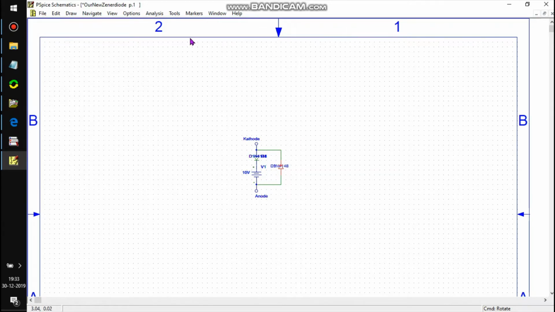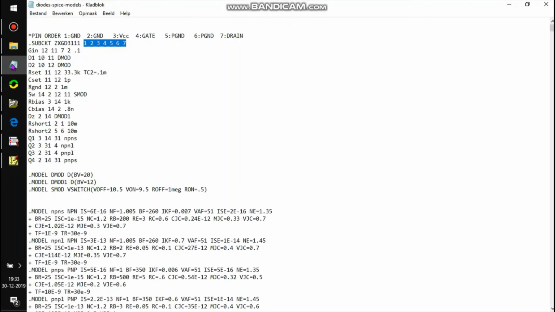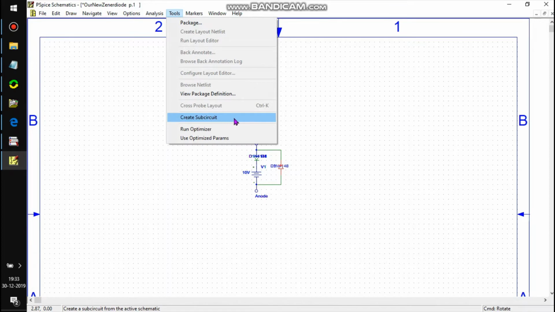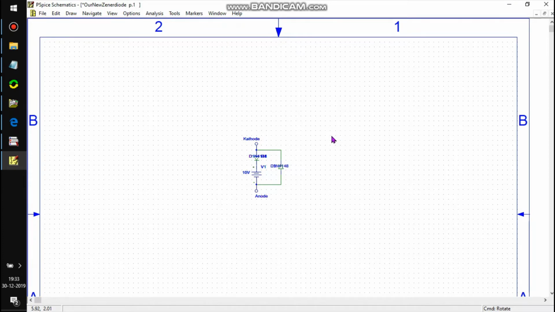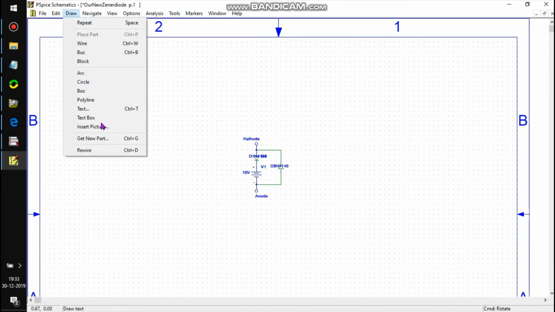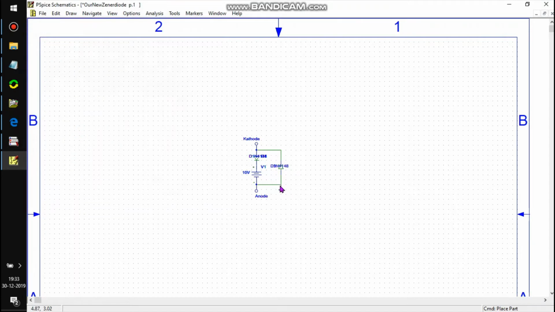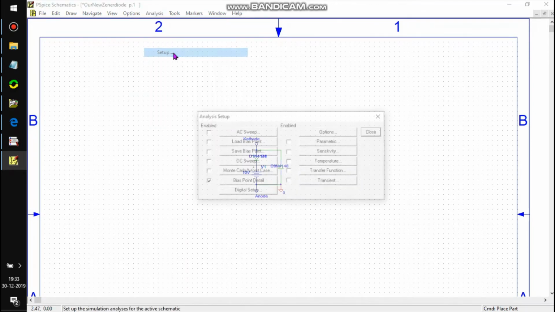What those vendors do when they make a subcircuit, they use this command, create subcircuit. It's really just a circuit, but without a reference zero voltage node. So let's set up a simulation.